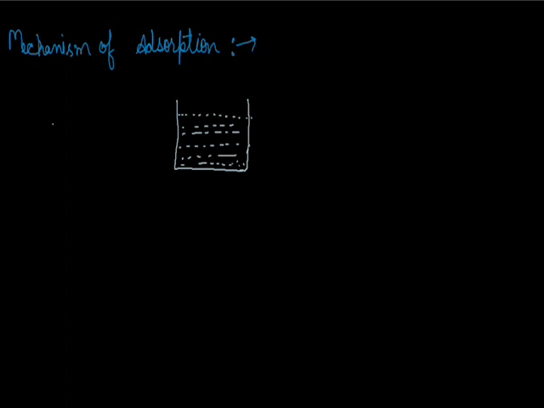So if we talk about the center molecule, then the center molecule is attracted from different directions, but if we talk about the surface molecule, then the surface molecule is attracted in only one direction. So we can see